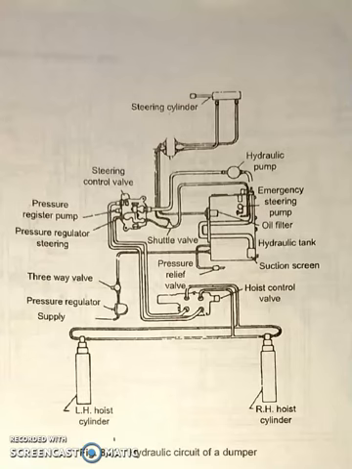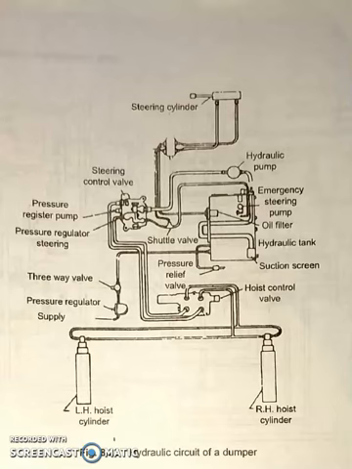One of the outlets is connected to the T-joint shuttle valve. One end of the shuttle valve is connected to the steering control valve, and from there oil goes to the steering cylinder. The steering control valve returns the oil from the other side of the cylinder and ultimately discharges it to the tank. Oil is fed alternately to the steering cylinder through its two extreme ends so that the piston can be driven to and fro as required, and thus steering of the vehicle is achieved.